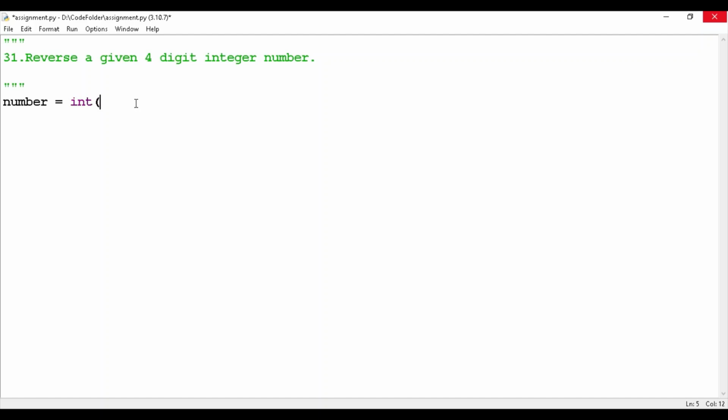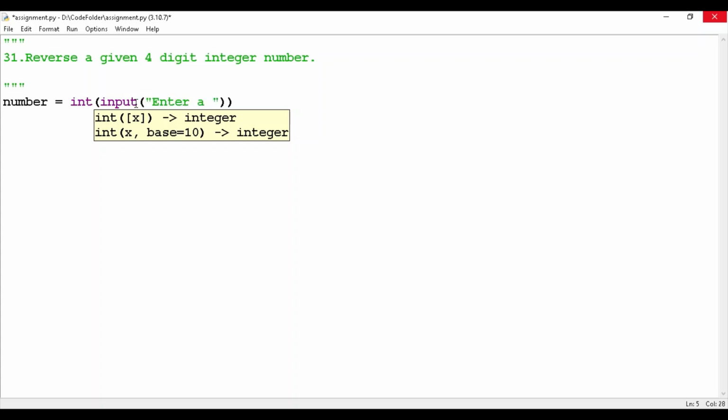int input, enter a 4-digit number, right? So once we got this 4-digit number,